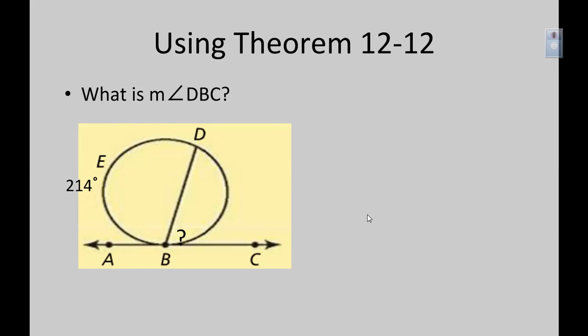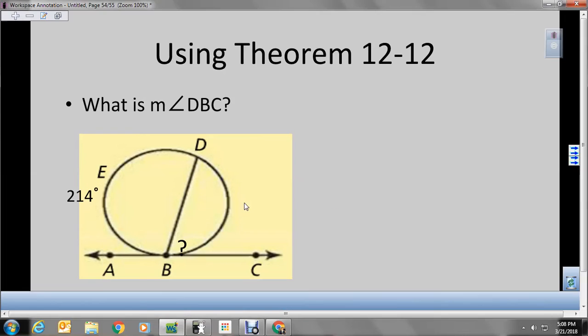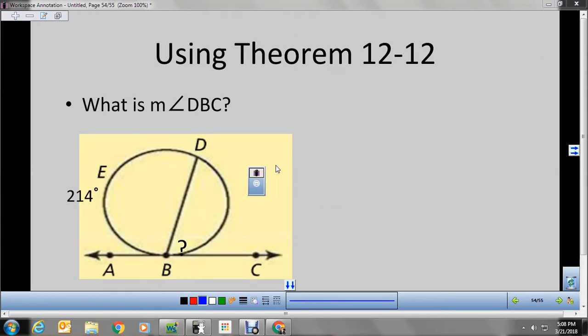So let's take a look at an example here. What is the measure of angle DCB or DBC? Two ways to work this. Okay, they give us that arc BED is going to be 214 degrees. So we know that from D all the way back to B is going to be the rest of the